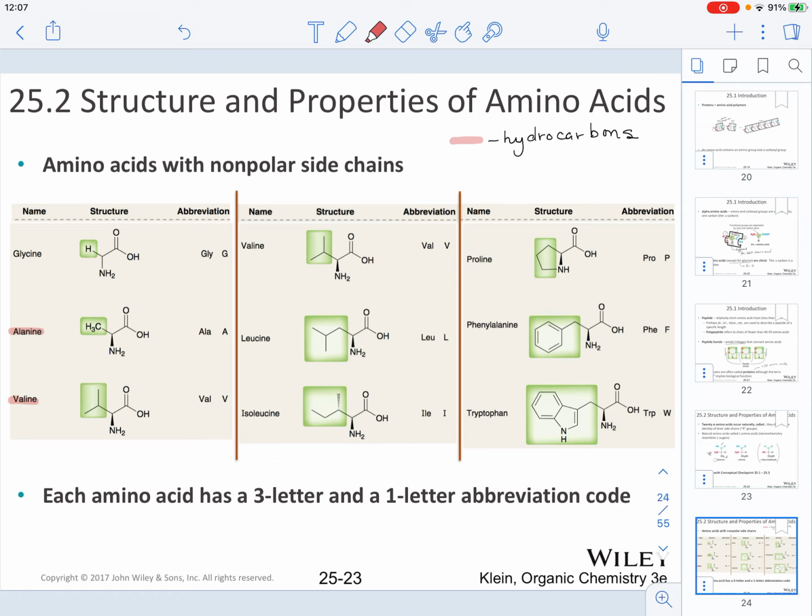We have leucine, isoleucine, phenylalanine, proline. All of those are going to have hydrocarbon side chains and they are non-polar. Now, the rest that are non-polar, specifically here, tryptophan is the only one that is going to be a heterocyclic amine. But understand that this heterocyclic amine is considered non-polar